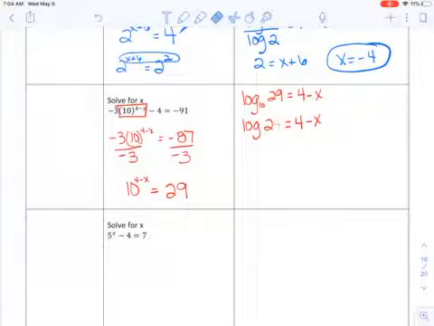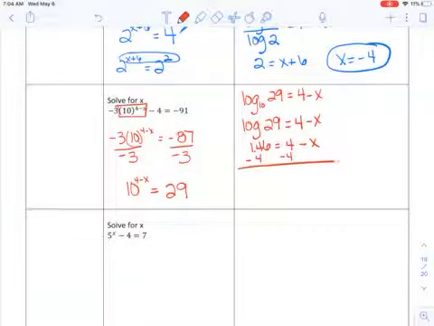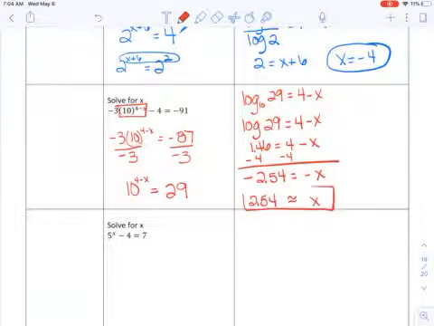I am really on a roll here today. There we go. Now, log 29, I don't need to use a secret of the universe because since it's base 10, I can plug that into my calculator. It's about 1.46, and that's equal to 4 minus x. Get rid of the 4, and I get negative 2.54 equals negative x, which means that x is about positive 2.54. Okay,